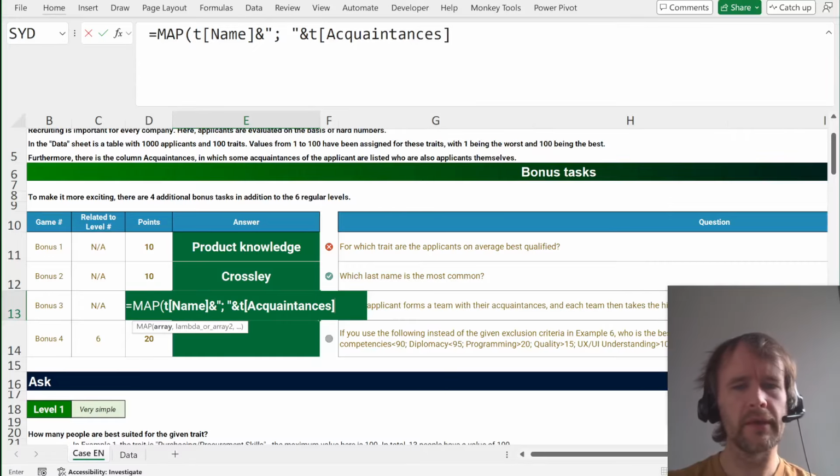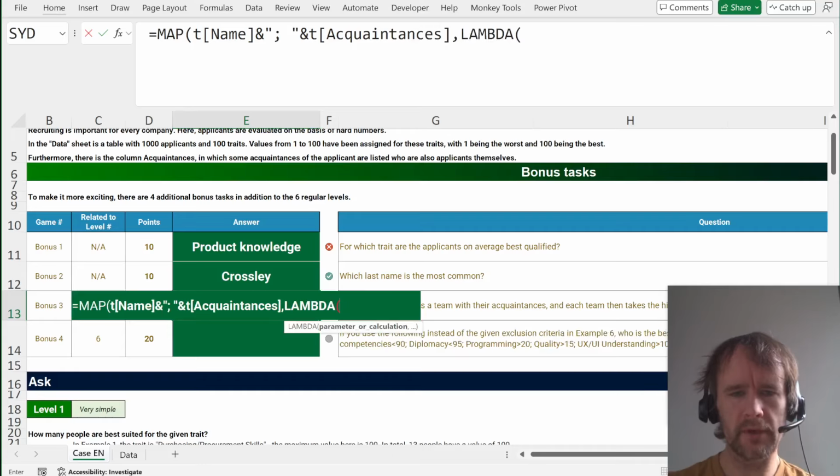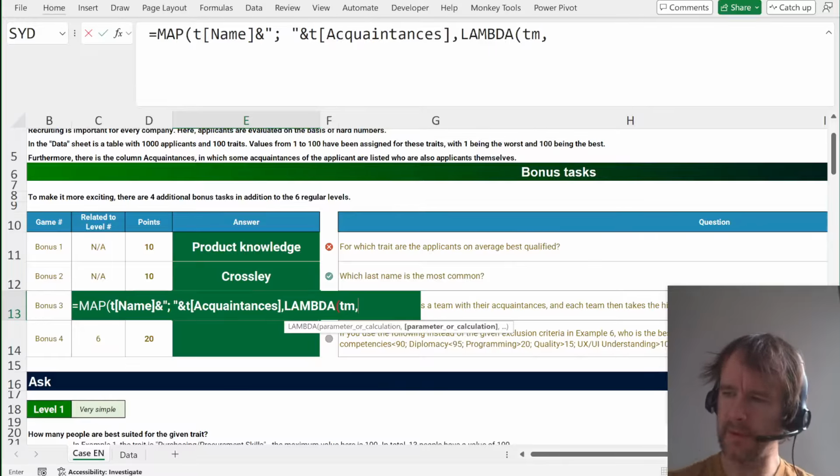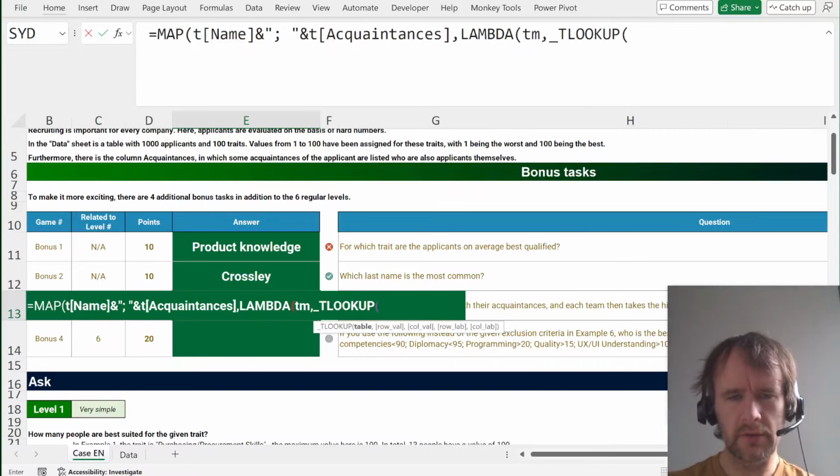Acquaintances I can spell. Lambda team. And then what do we want to say? We want to say T lookup in